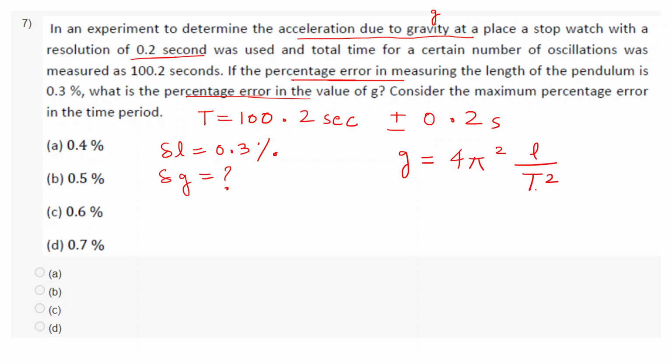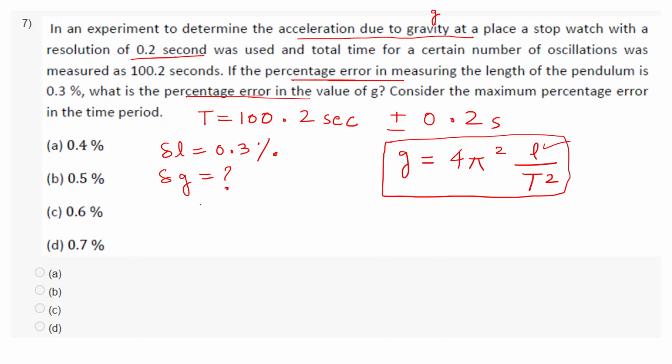T is the time period of oscillation, L is the length of the string of our simple pendulum. So this is the relation we know, and this we'll use to find out the relative error in g. If relative error in L is given and this is the time period we have calculated, this is the error in this time period, so we'll be able to find out the relative error in T,